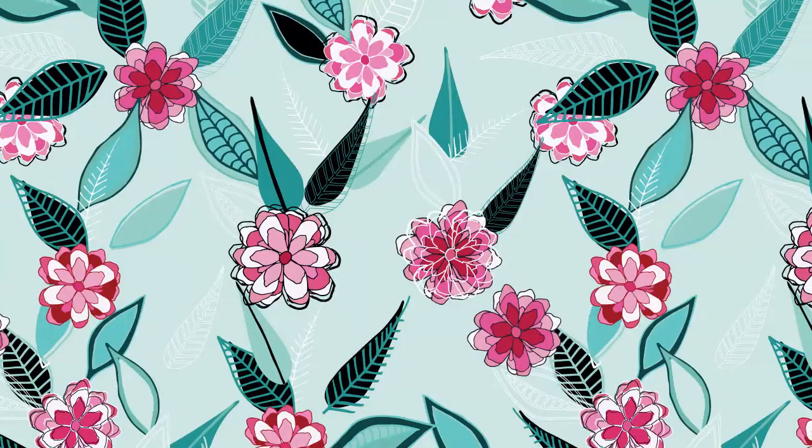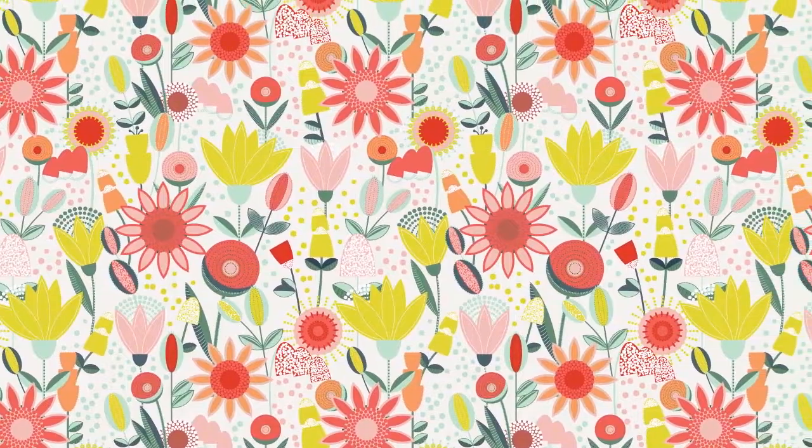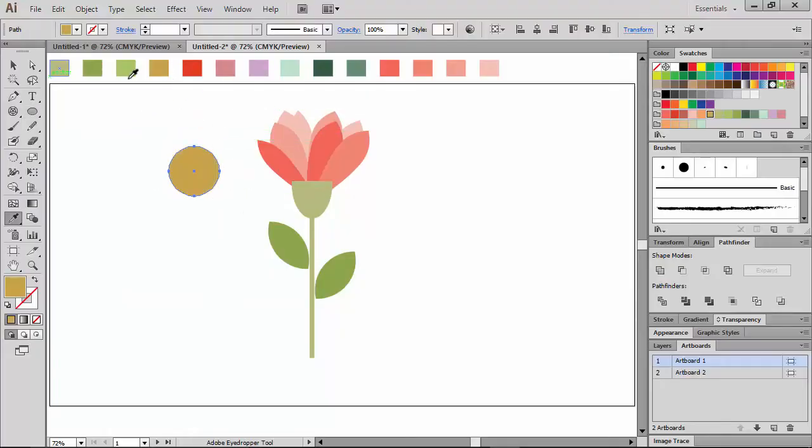One of the things I do in my work is patterns. I love playing around with different shapes, colors, and scales, and create visually engaging repeat patterns. In this class, we will focus on using simple shapes like circles, ellipses, and triangles to create intricate flower designs,